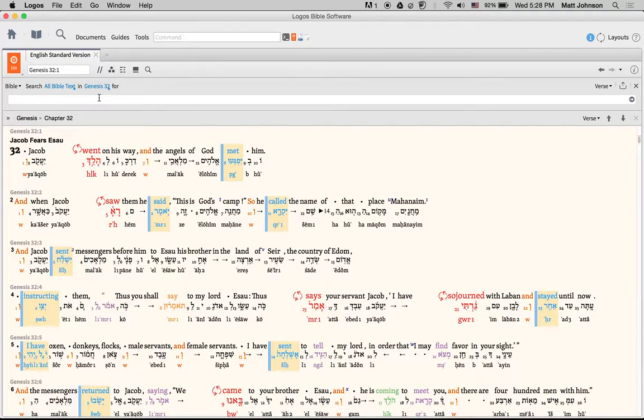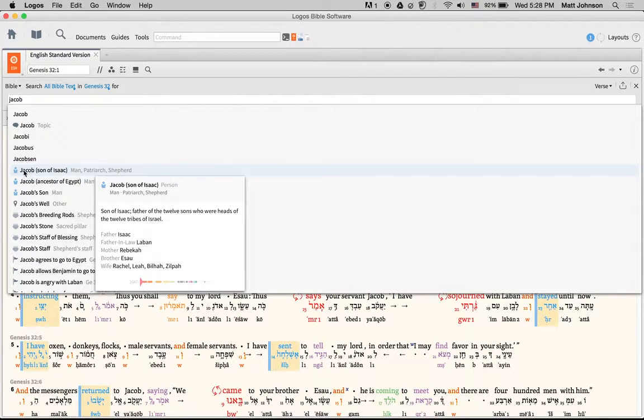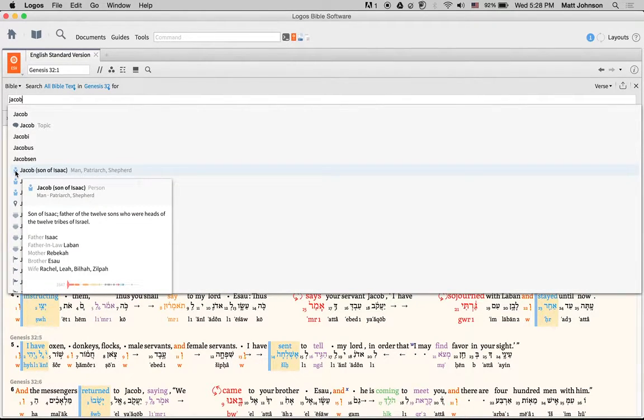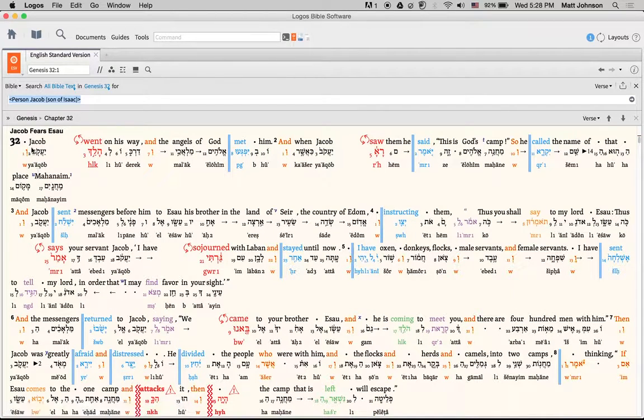And now, let's say I wanted to search just for Jacob in the text. If I type in Jacob, you'll see right away there are a number of things that show up. The one I want to search for is Jacob, and you see there's this little person here. That means Logos has Jacob the person, a son of Isaac, and then all this information about him. If I click on that, you'll see it puts these little symbols on either side, but now I'm searching for Jacob the person. And if I hit enter,